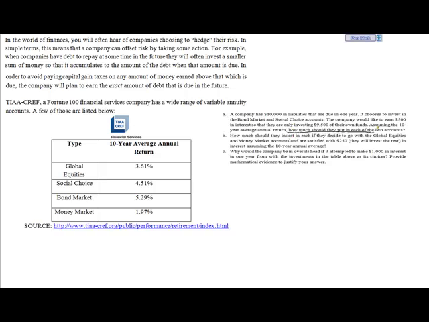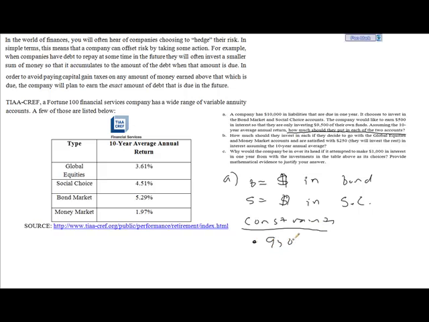That's going to help us write down what our variables are. So in letter A, we have bond market, so B equals dollars in bond market, and then we'll let S be the dollars in social choice. Well, we know the constraints are that we need to make sure that the total invested is $9,500. So only $9,500 is going to be invested, which means then that the extra $500 needs to be in interest. So $500